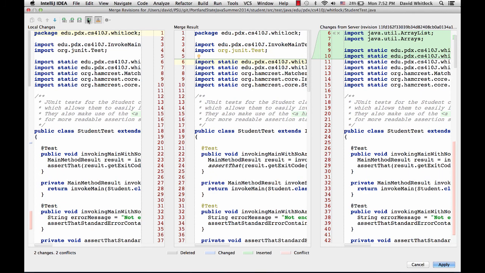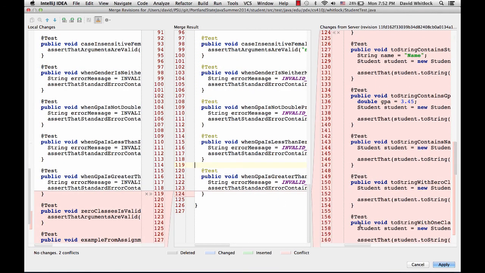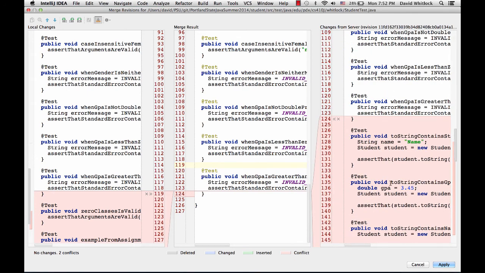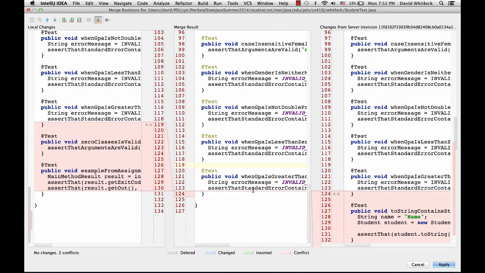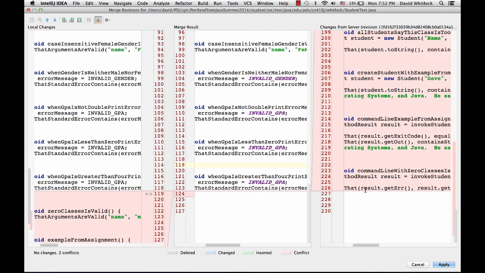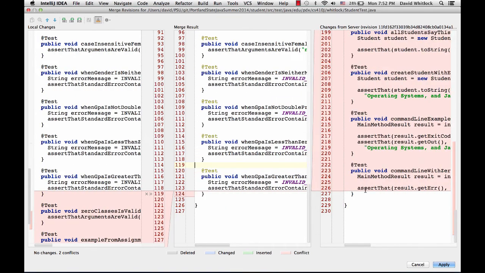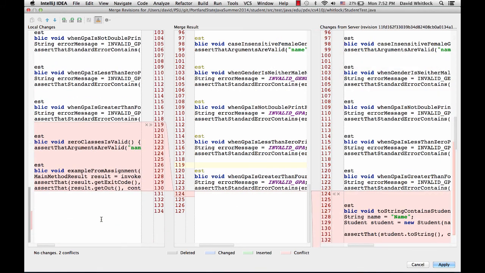And let's merge all the non-conflicting ones. And then what's the difference? Okay. Oh, look at that. In tdd-done-better, I have a lot more unit tests, where over here I only had 2. And it looks like, let's see here, command line example from assignment, command line with 0 classes is okay. Honestly, I think this is a better